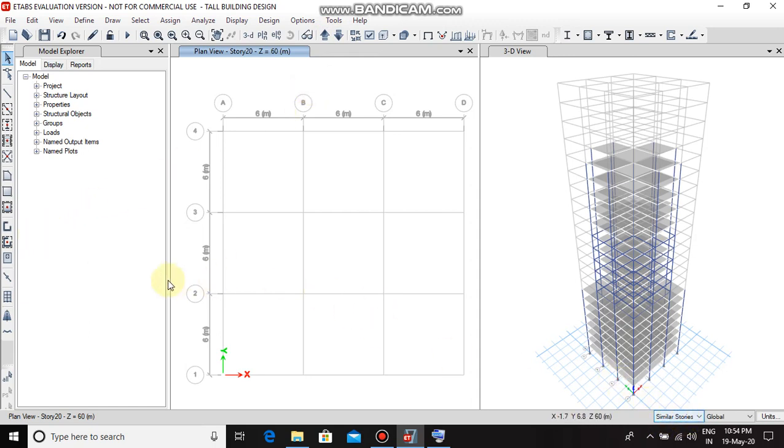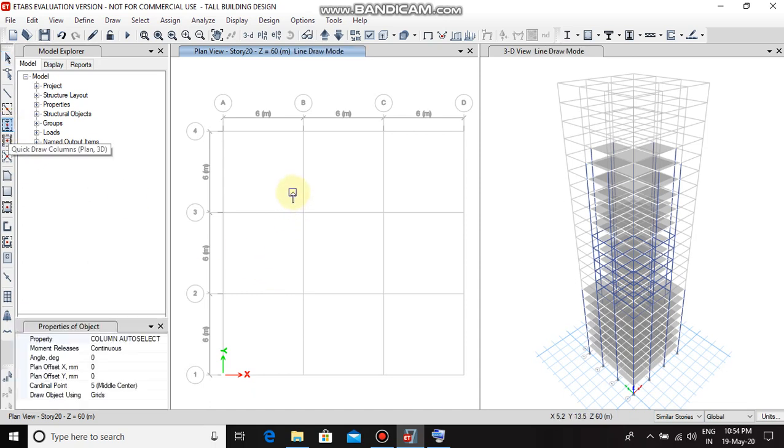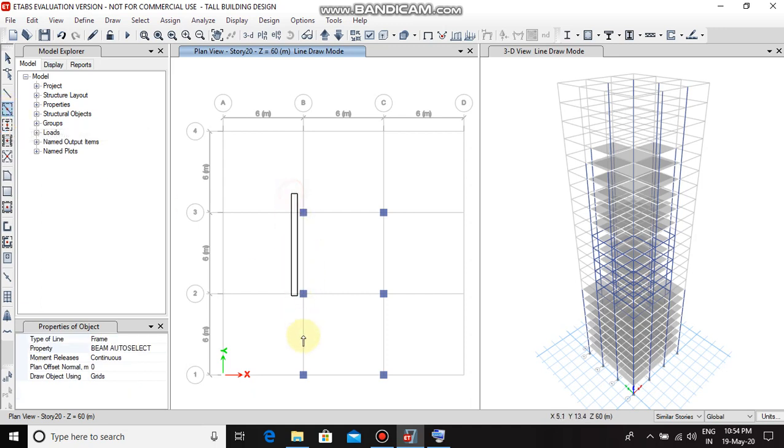Select the similar stories. Click on quick draw column. Click on the required area, keeping the property as column auto select. Then again click on the shortcut of quick draw beams or column.